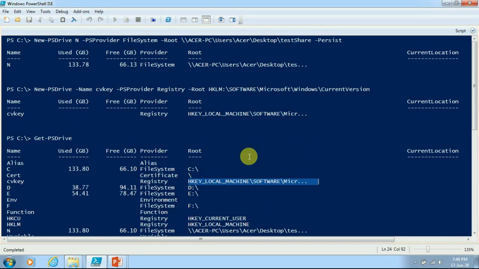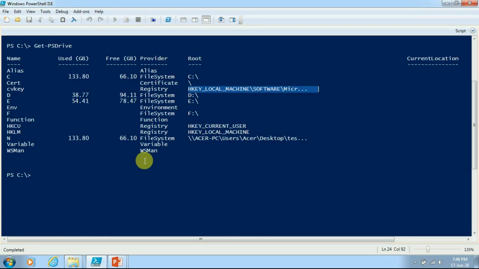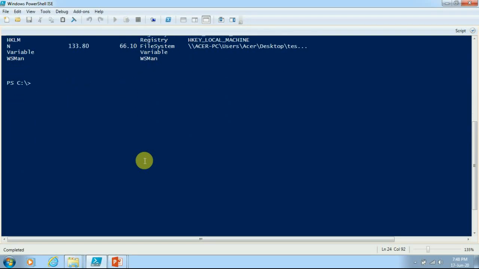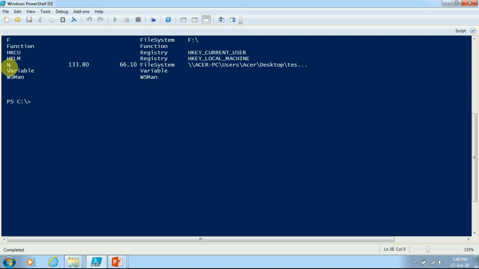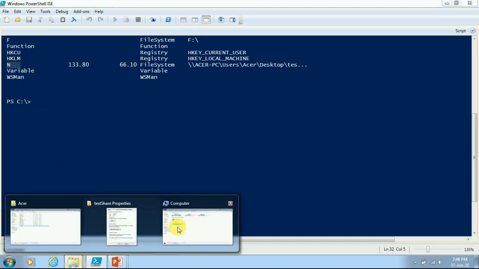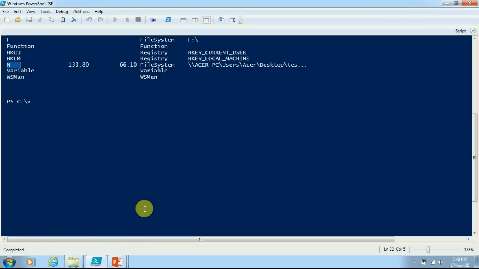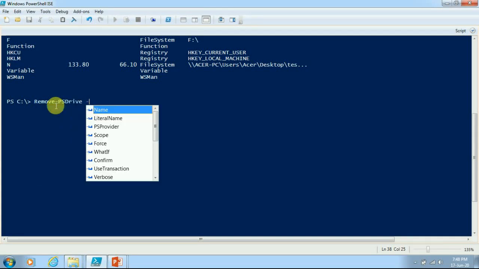Here you have seen that I have created these many drives, but if I want to delete a drive, for example I have created N and now I want to delete this drive, I will have to use the simple cmdlet called Remove-PSDrive.